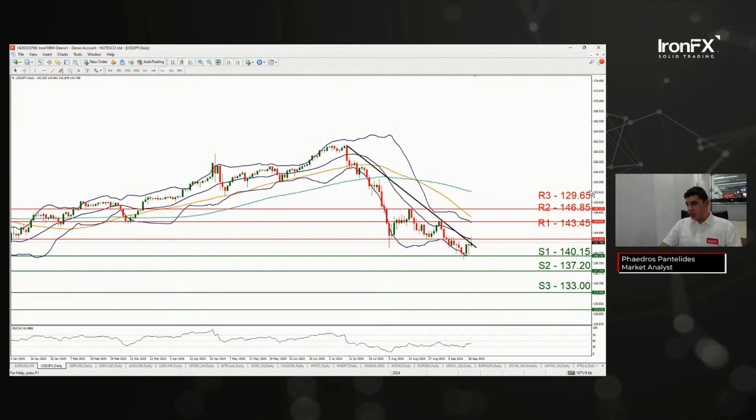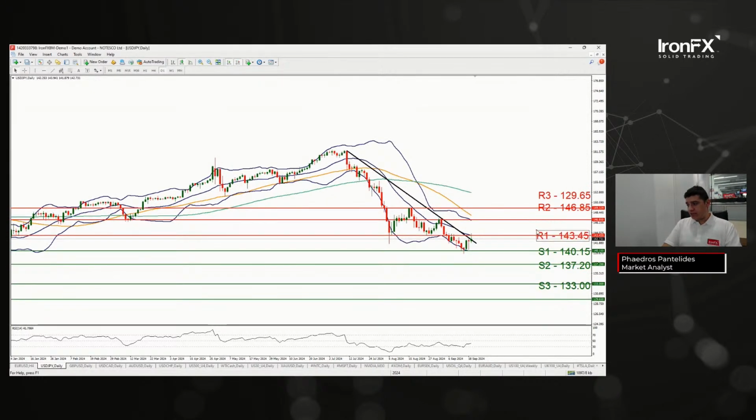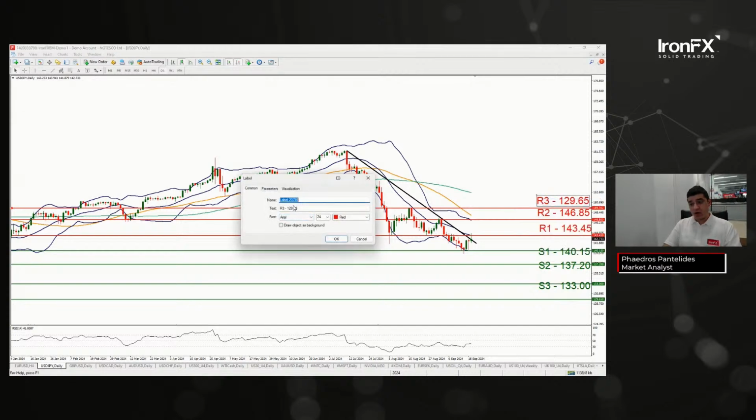USD JPY. We do have Japan's CPI rates, which are set to release during tomorrow's Asian session, and we are expecting those to be released before the BOJ's interest rate decision. Should they showcase inflation moving towards the bank's 2% target in a sustainable manner, then it could amplify the calls for the BOJ to continue hiking. However, the majority of market participants are anticipating the bank to remain on hold. But last time, they were expecting them to hike by 10, and then they hiked by 15 basis points. So there is some room for the BOJ should they wish to take the markets by surprise.